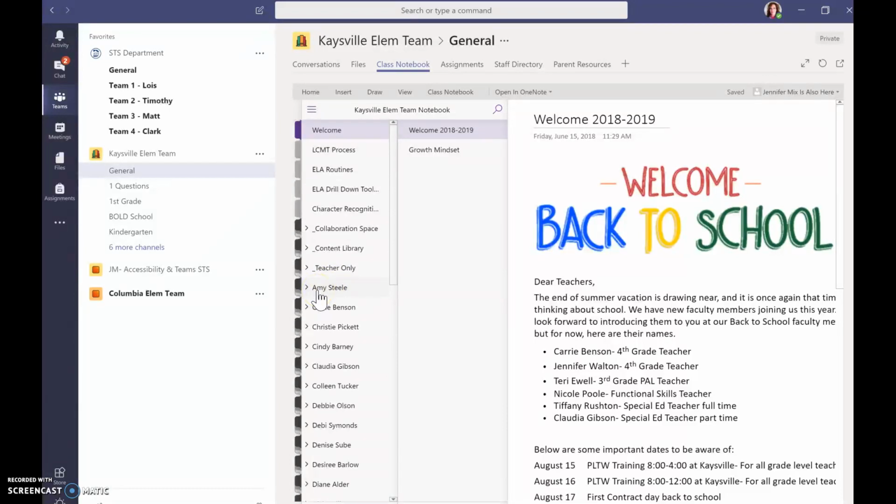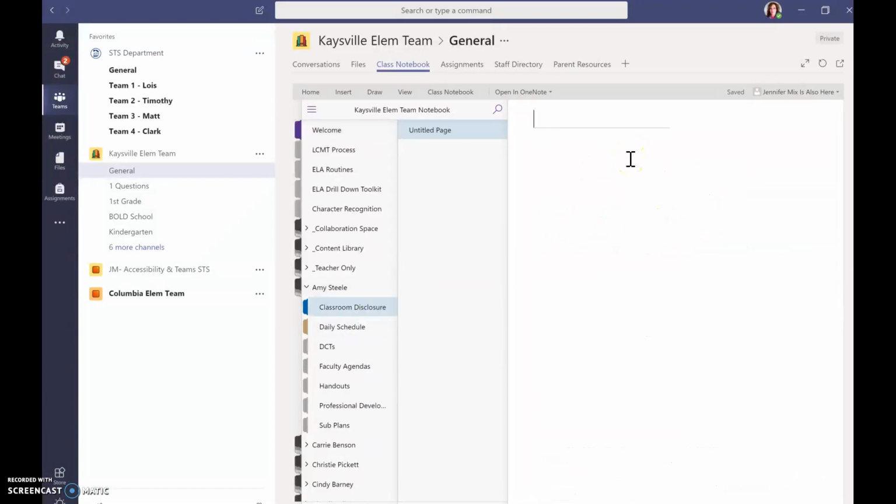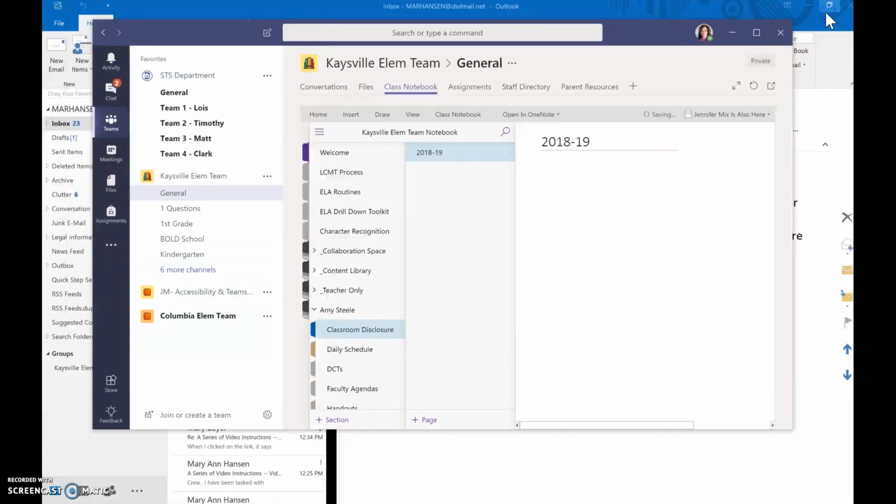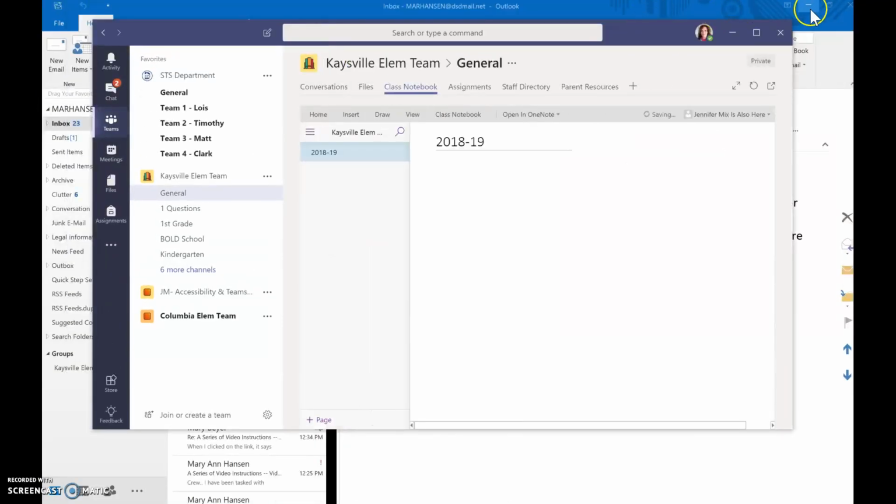When you click on, say for example, Amy's page here, and let it load, it has some pages already built in there for you. So there is a page that you'll put your classroom disclosure and one for your daily schedule. By clicking on that one, it will open it up, and then you can name your page. So let's say this is the 2018-2019, and that's all I need. Now that I've got that, I'm going to minimize this, and then you can head out and go find